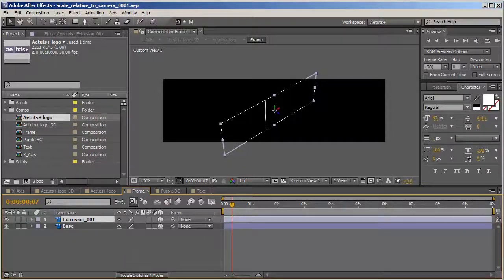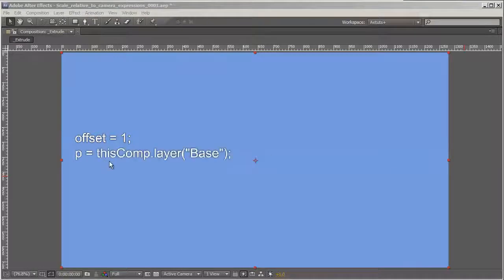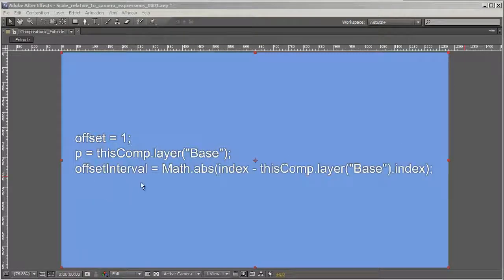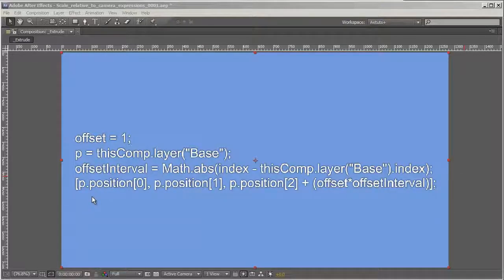The expression goes like this: offset = 1; p = thisComp.layer("base"); offsetInterval = Math.abs(index - thisComp.layer("base").index); [p.position[0], p.position[1], p.position[2] + (offset * offsetInterval)];